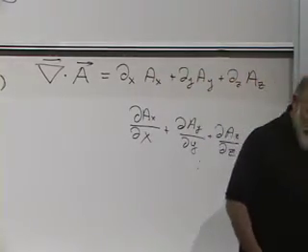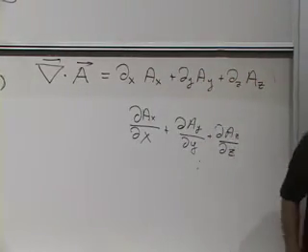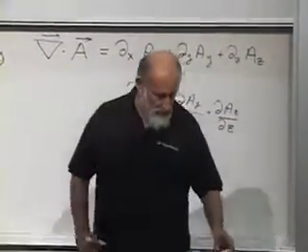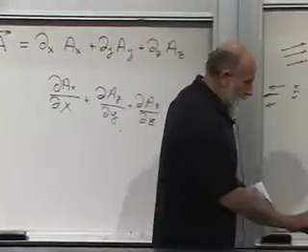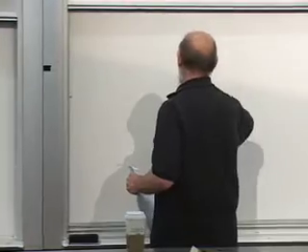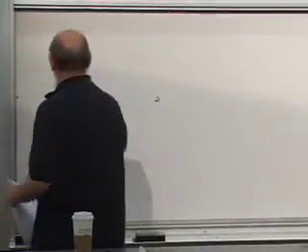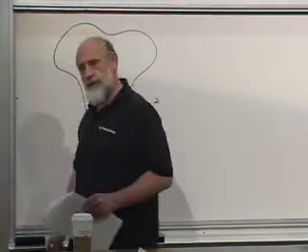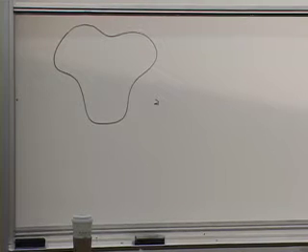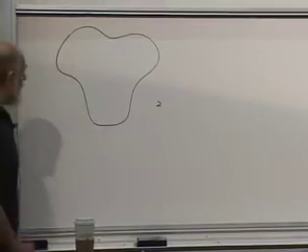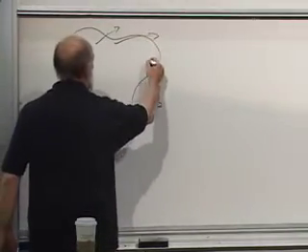So that's the divergence. Now, there's a theorem, and the hint of the theorem was just given by Michael there. It's called Gauss's theorem, and it says something very intuitively obvious. You take a surface, any surface, or any curve in 2 dimensions, and now suppose there's a vector field